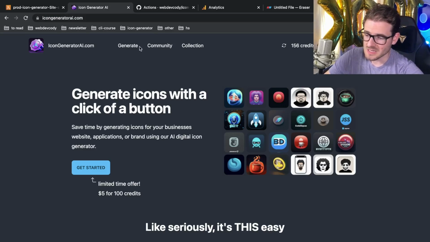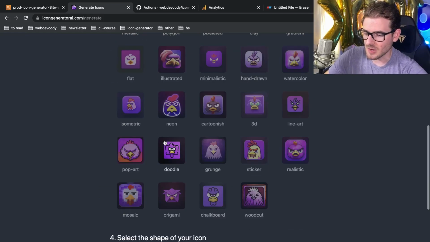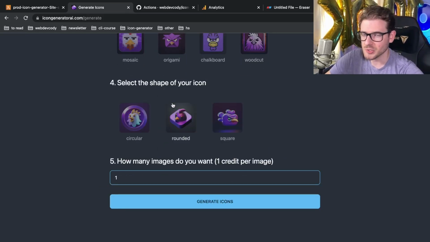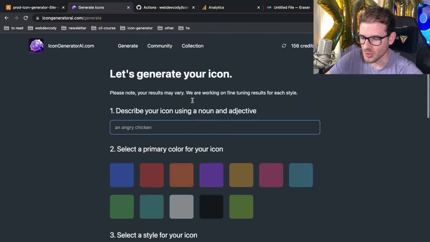Now, one thing I noticed is that when I tried to generate an icon, I would get a really strange TRPC error, and I had no idea what was happening because I went to the CloudWatch logs and looked through them, and I didn't see any errors. But my stuff was failing. And after about an hour of looking into all the logs and trying to figure out what's going on,